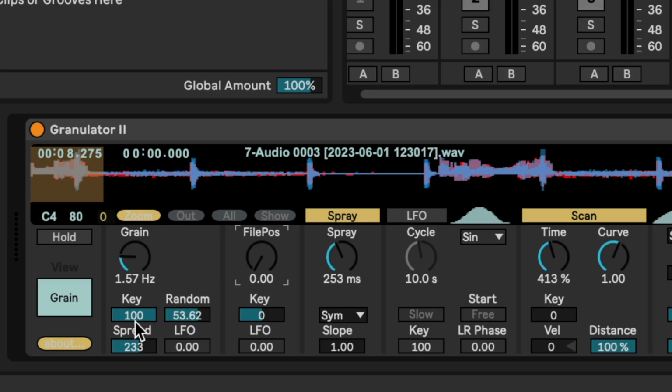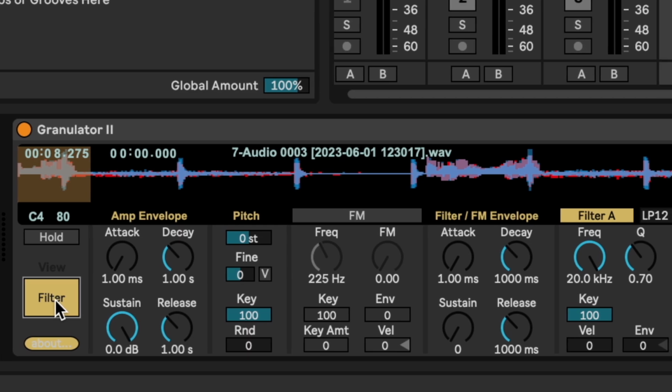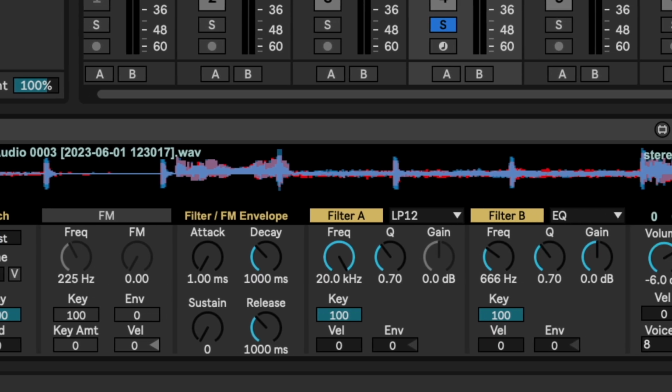What I think I want to do here is get a little bit more movement to the sound. I can switch over from the grain view to the filter view. And here we have some more traditional controls that you'll see in other synthesizers. There's an amp envelope to control how loud it is over time. We can change the pitch of it. There's a filter here. Let's play around with the amp envelope and the filter a little bit and have it